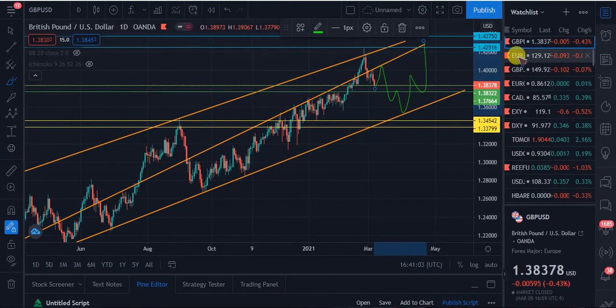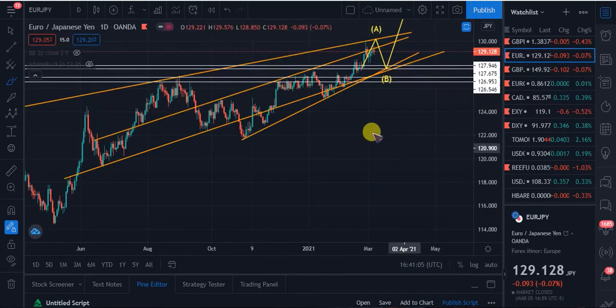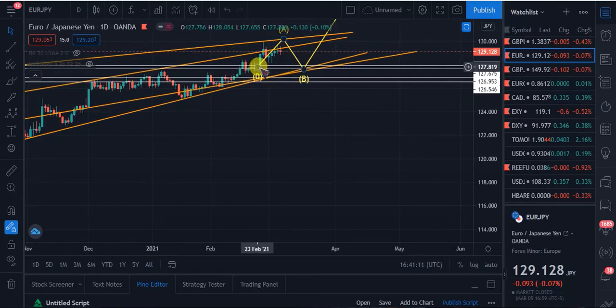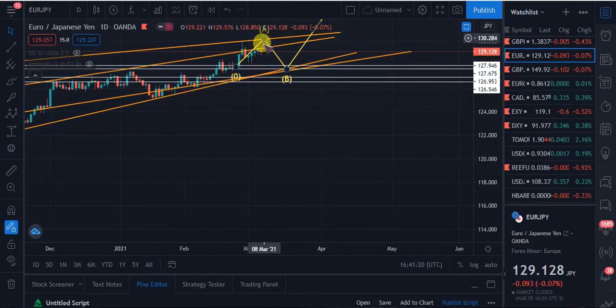So let's look at one more pair before we end. Looking at Euro JPY, I was expecting this, in which it was doing part of it before this week actually closed. I was expecting Euro JPY to touch this trend line, but it's only touching this trend line. It's still giving some rejection on this trend line, which is possible for the trend line to push it down to this support level before returning up again.